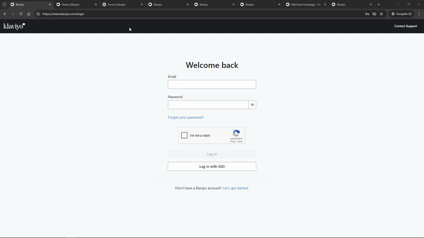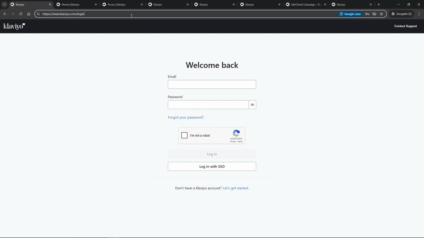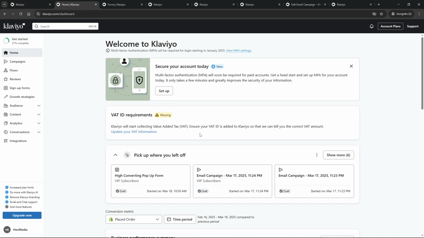First, head over to Klaviyo's website and log in using your existing credentials. If you haven't set up your account yet, you'll need to sign up and set your account preferences before moving forward. Once logged in, you'll be greeted with the Klaviyo dashboard, presenting a variety of options and tools at your